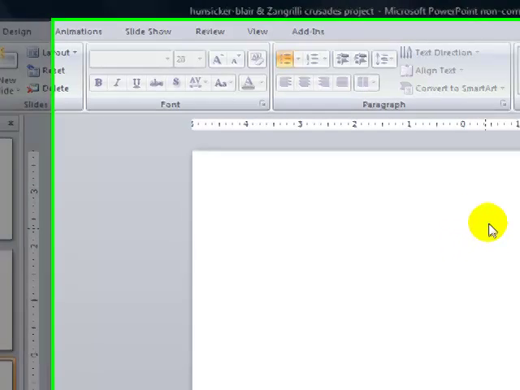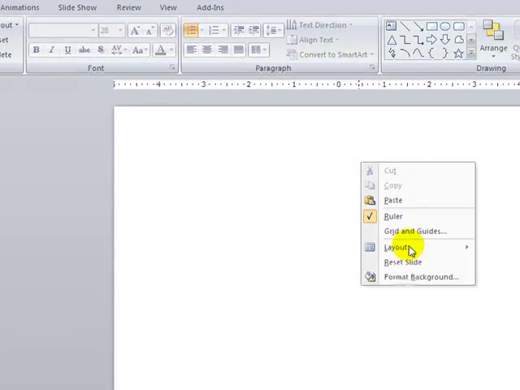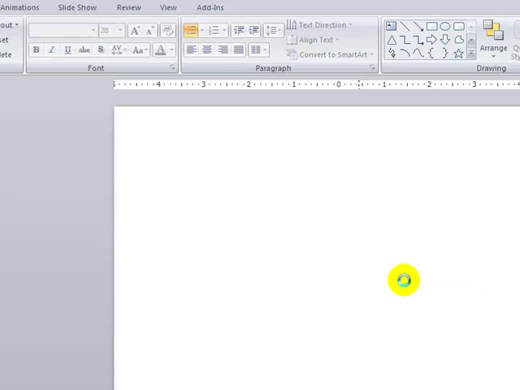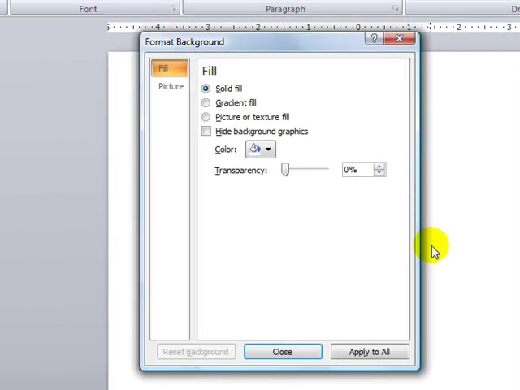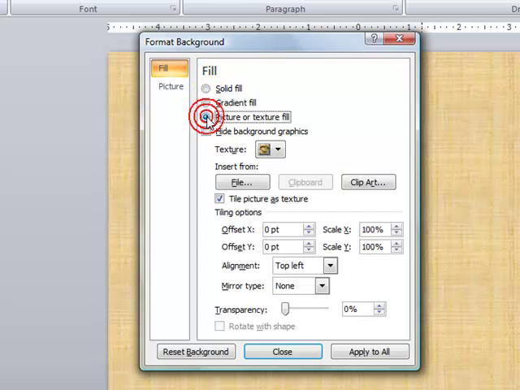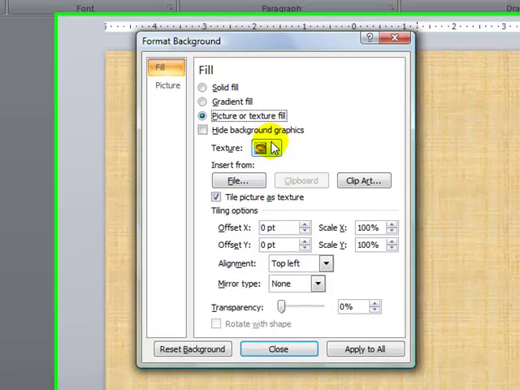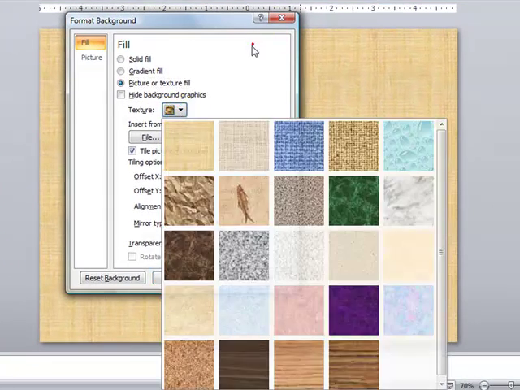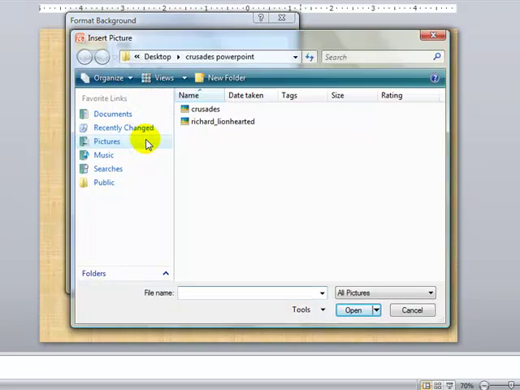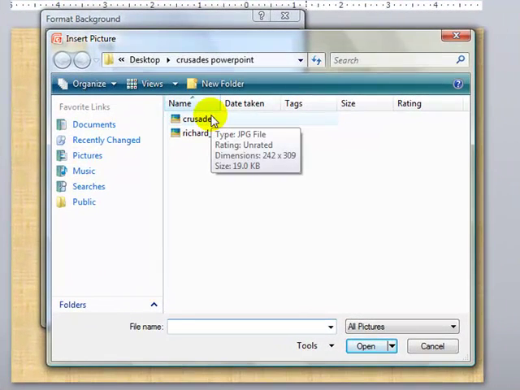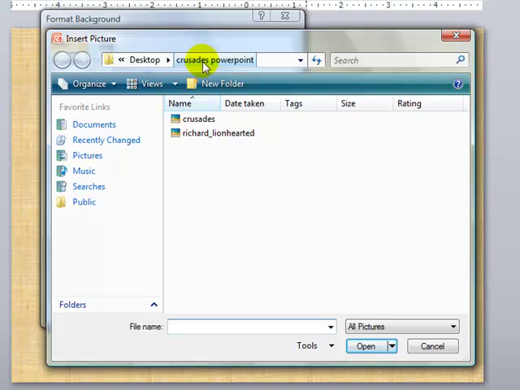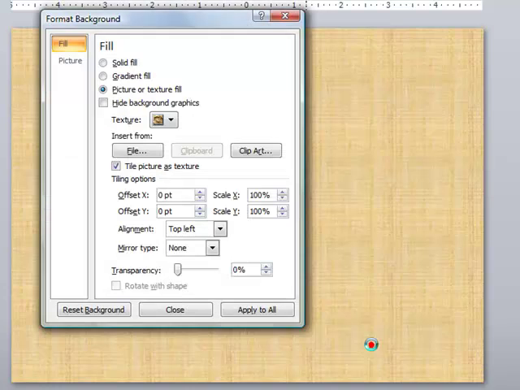In order to do that, what you want to do is right click, and then you want to say Format Background, left click of course that. It's going to then ask you what you want to fill it with. We're going to do picture, and then you need to get it from a file. And I've chosen, of course I went straight to my folder. If it does not, you need to make sure you go into your Crusades PowerPoint folder, choose the image that you would like to insert,